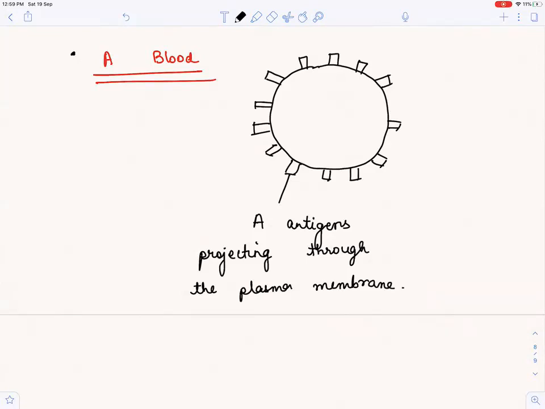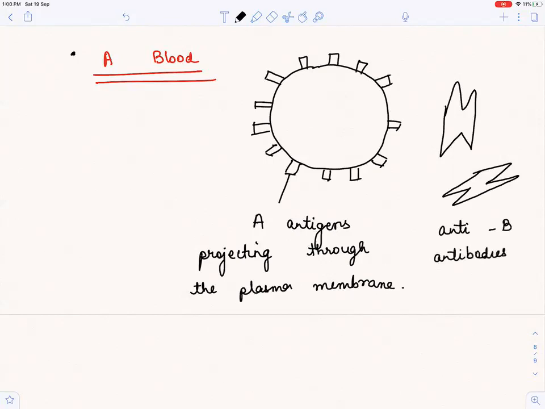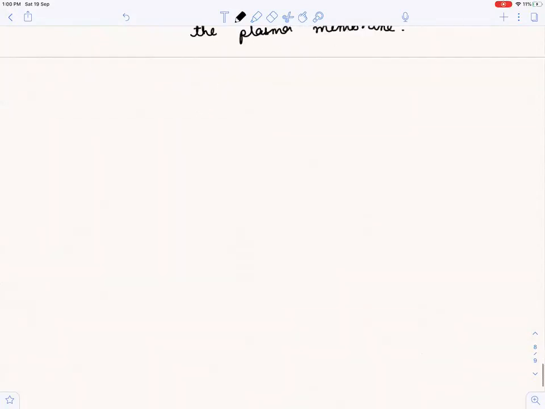अब इसमें और भी चीजें हैं ब्लड में. इसमें ये क्या है? ये क्या बना दिया मैंने? ये I have made anti-B antibodies. एंटी-बी एंटीबॉडीज. एंटी-बी का मतलब बी से अगेंस्ट. अभी बी ग्रुप देखेंगे, then you will realize its importance.